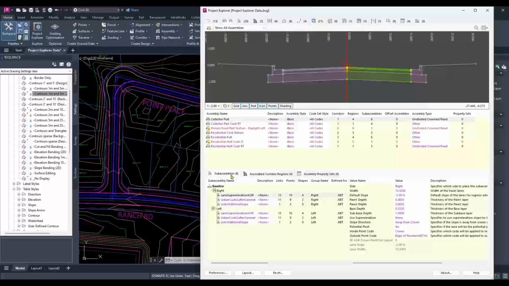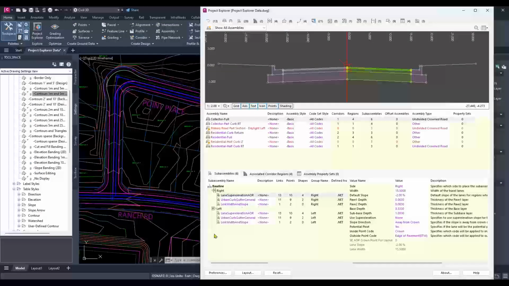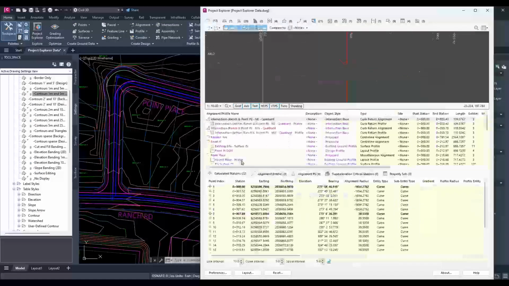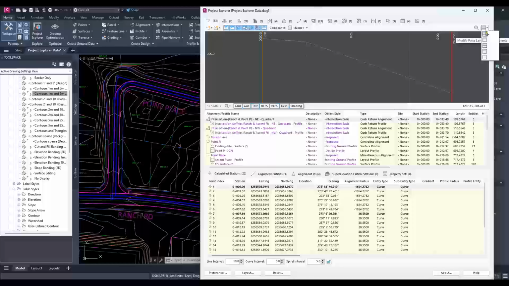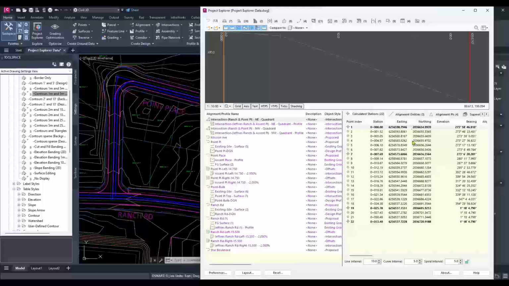And now the sub-objects have the sub-assemblies, associated corridor regions, and again, any property sets that might be attached to those. So each object category here is going to provide different information about those specific objects. It's a user preference. You can come up to the upper right-hand corner here and you can change the layout, a couple different views. So you could do a side-by-side with the objects and the sub-objects here, or you could